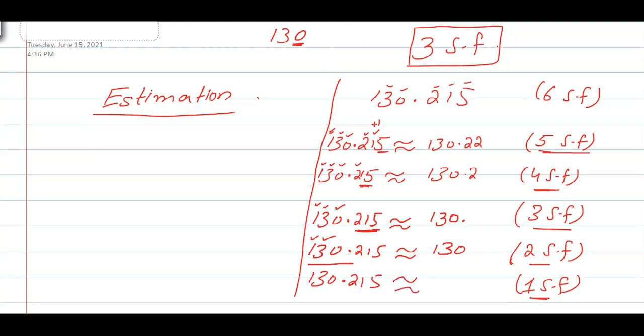Now to round to one significant figure, 130.215, it's one significant. So we have to ignore these. It's just one significant. Okay. Now look, 1 and 130, too much difference. So the remaining two digits of the whole part, I will write as 0. So it will have one significant figure. Okay. This will be the way to round to a required significant figure.